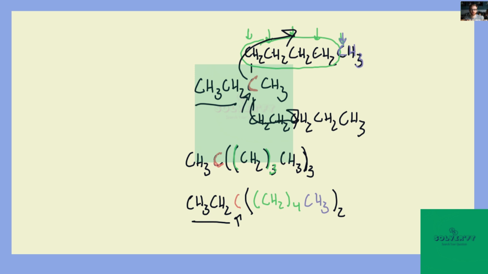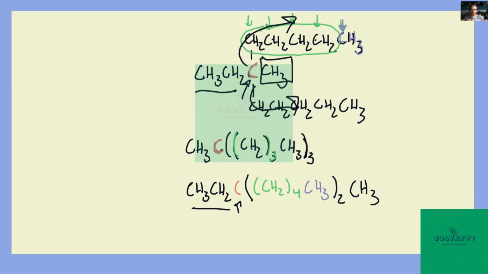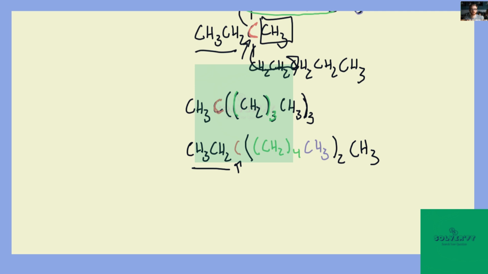Okay, and then finally, the only thing we have yet to list is this final CH3 at the end, right? So this should be the grand finale answer of the most condensed formula. Most condensed because any of the branching has been handled with parentheses, any of the repetition has been handled with parentheses, and we have the correct number of hydrogens and carbons in our formula as well. So to write that all out in the same color: